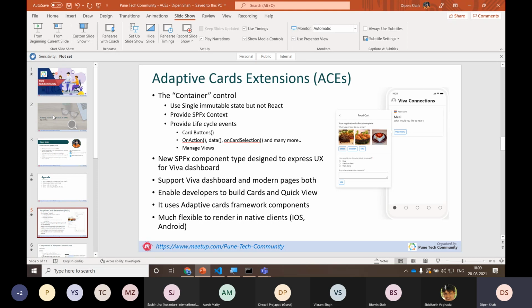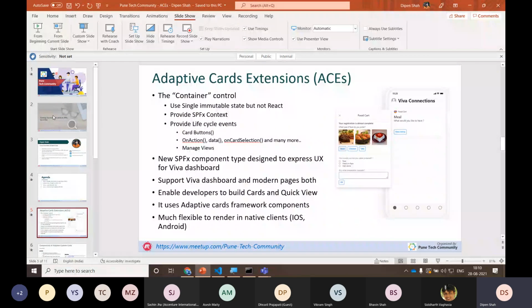We are not controlling the DOM. It uses the adaptive cards framework component. Adaptive cards is a different technology used in Outlook, Teams, SharePoint, and chatbots. The same engine works in the backend with the power of SPFx. It's much more flexible to render in native clients.